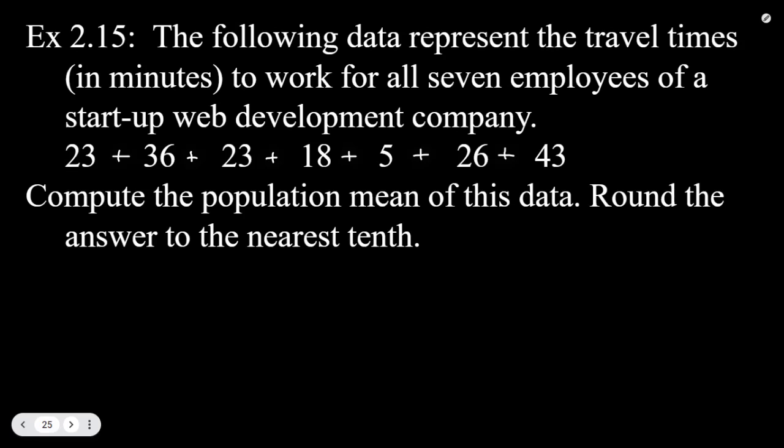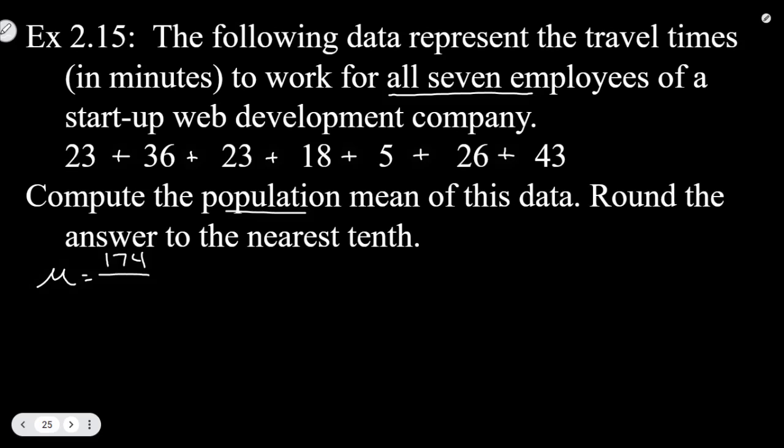And notice this is a population because it's all 7 employees. And then it even says population mean. So we're going to add these up, 23 plus 36 plus 23 plus 18 plus 5 plus 26 plus 43. So we get a total, the sum is, so this is going to be mu equals